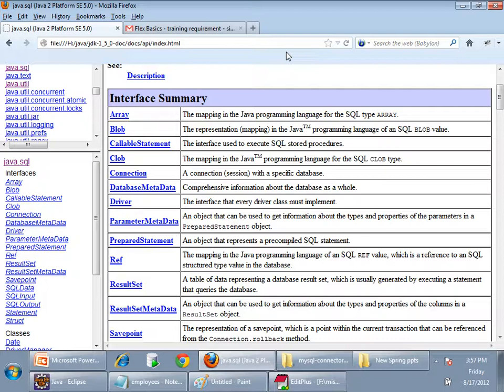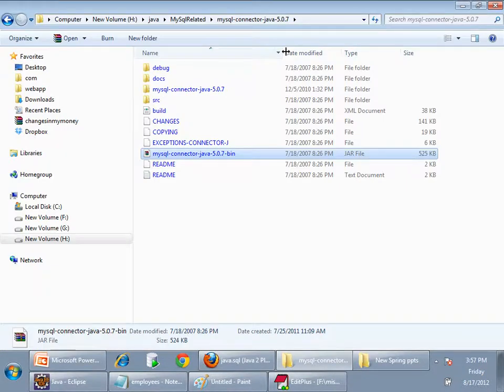The implementation for this interface is present in that jar. Right? So we call this implementation of the interfaces present in java.sql the driver. This is the driver jar. This is the jar which contains the classes which will convert JDBC API calls to MySQL calls. These contain classes which are implementing the interfaces present in